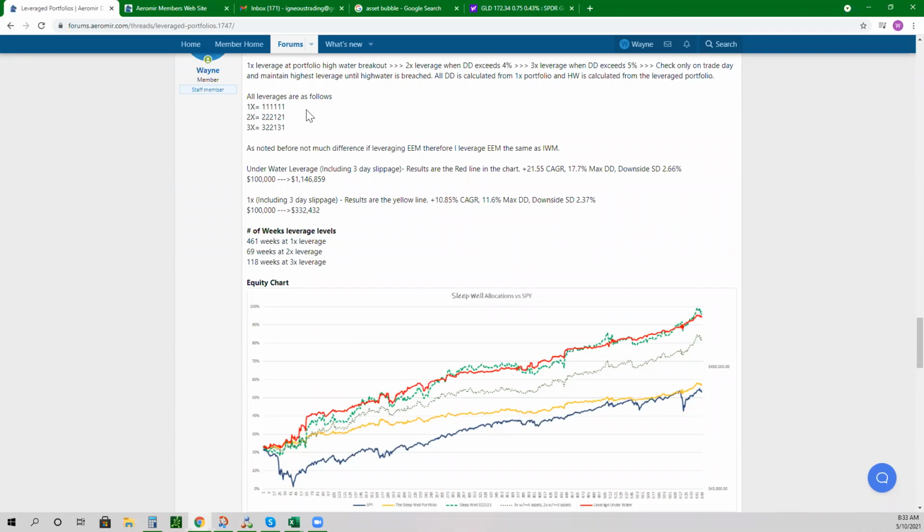So anyone that's not familiar with the Sleep Well portfolio, we run 6 assets in it, and we change allocation size to each one of them dynamically based on macros. But the 1x variant is really simple. It's just 1x across all of them. The 2x is your 2x on SPY, and then SPY, gold, bonds, and the Russell, or the IWM. And then when you go to 3x, you only 3x the equity versions.